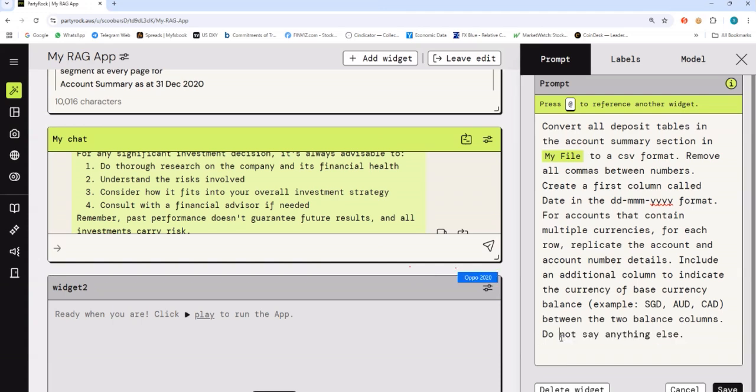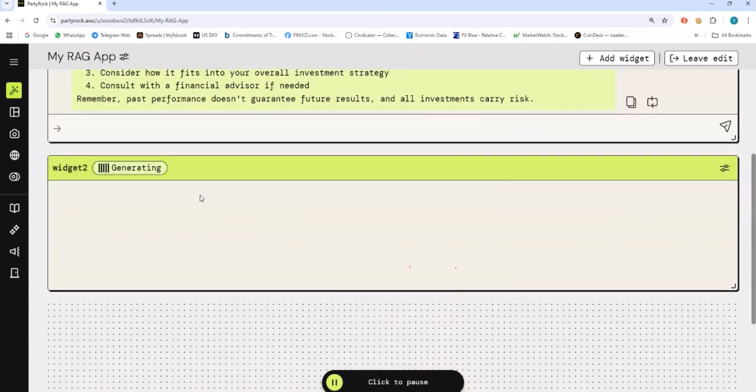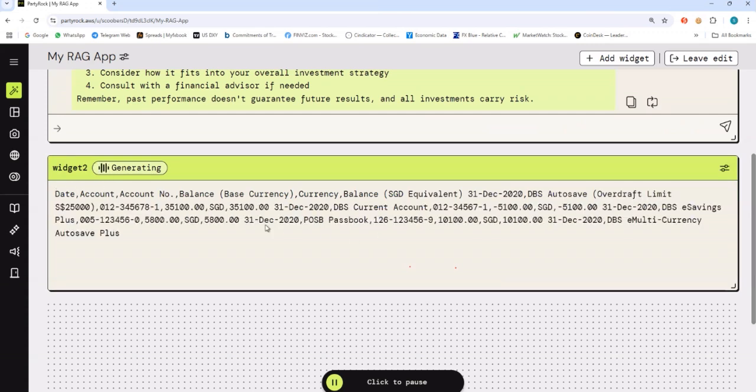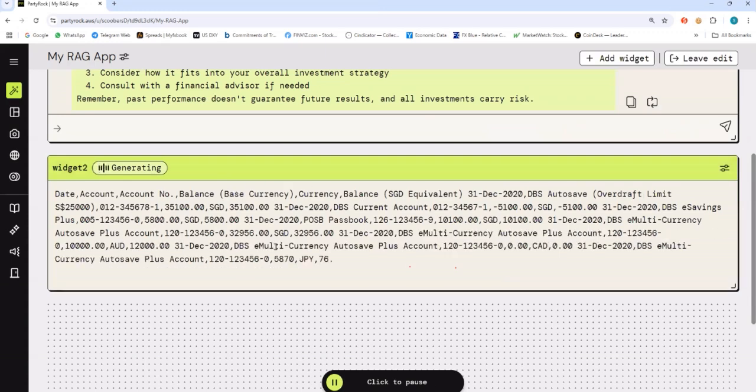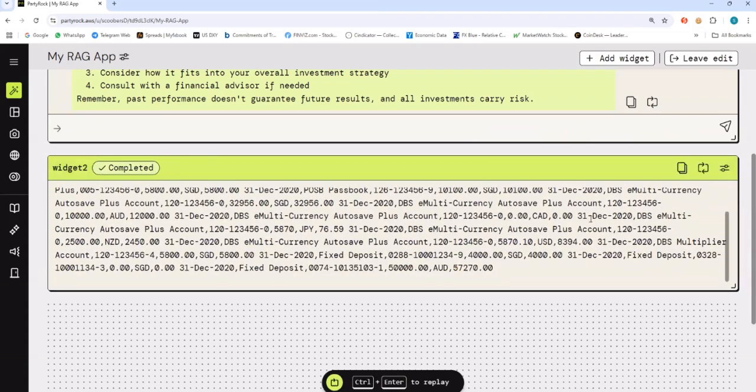Usually you want to say this if you want an output that purely outputs code, because when you copy and paste it, if the large language model adds something like, here is the reply, you want to avoid that. So we'll save this, and I'll just click play. Because it's using a static prompt, you don't need to chat with it. Now you can see that it's producing this comma separated content. Okay, it's done. All I need to do is copy this to the clipboard and open my notepad.